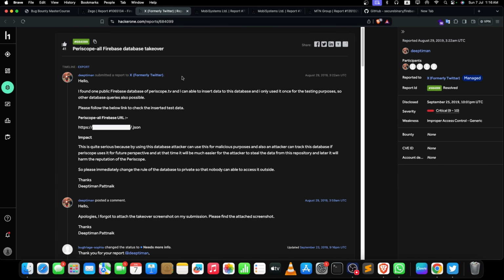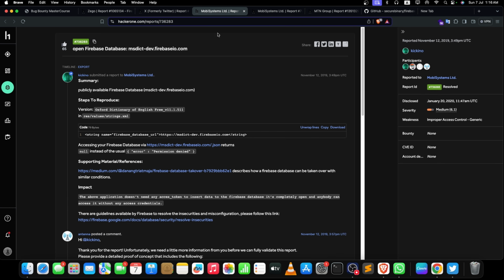It was on Twitter, or formerly Twitter. Now this was very simple, the same type of URL with .json, right? And now we are going to take over that same thing using the same method. But see, we got no impactful things showing here. I'll just take a look at all these things, and see, even if you just take a look at all the reports, you will find a lot of things. So always be focused on it.